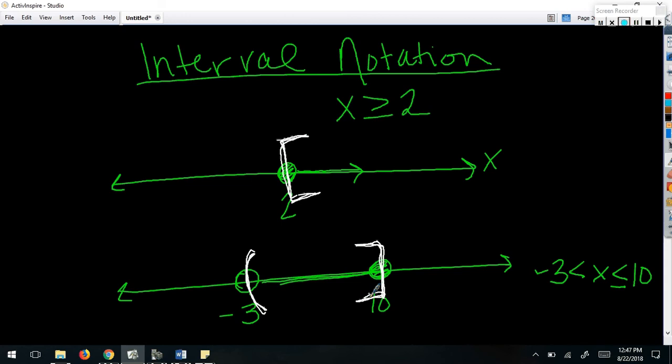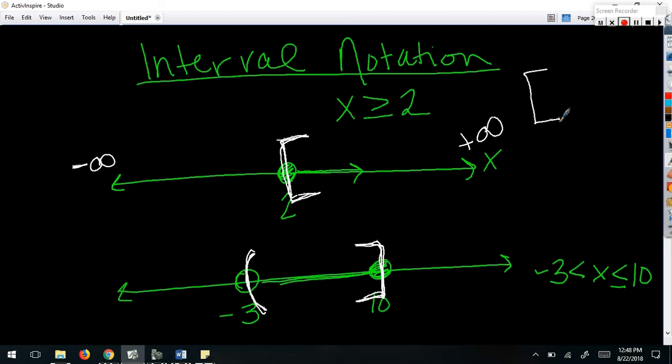Because this goes off forever and ever this way, I'm going to be a little more sophisticated with how I describe that. I'm going to describe that direction as positive infinity. Have y'all seen the infinity sign before? Yeah. Okay. Then to the left, I would describe as negative infinity. So if I were to write this inequality, x is greater than or equal to 2, using interval notation, I would say